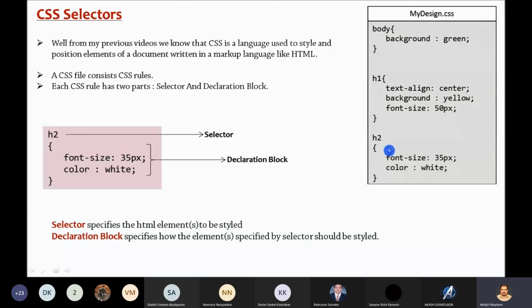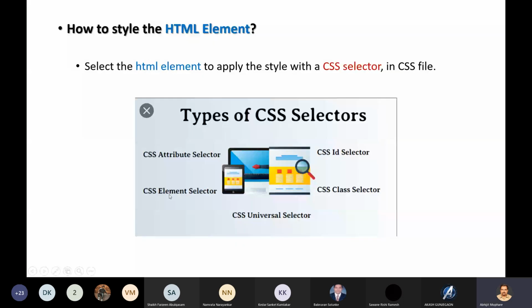So why this name, element selector? You may have understood now. Since it is using the HTML element name as a selector, that's why it is called an element selector.